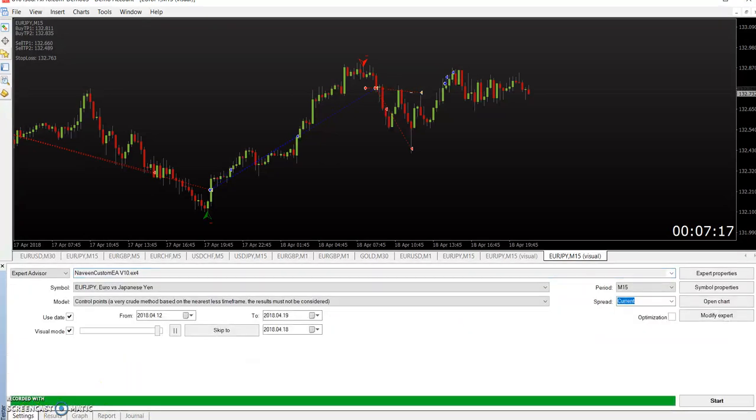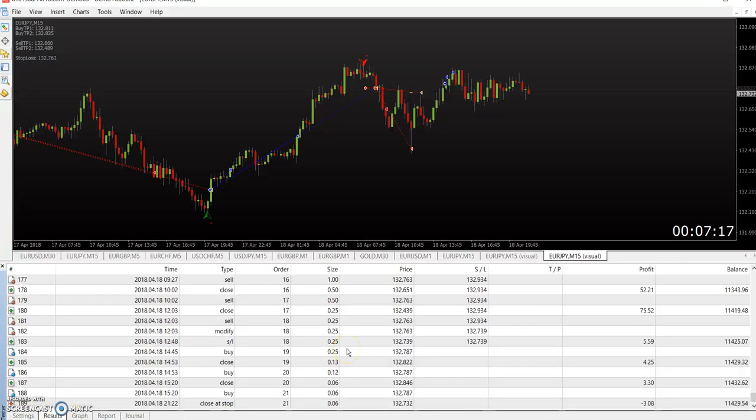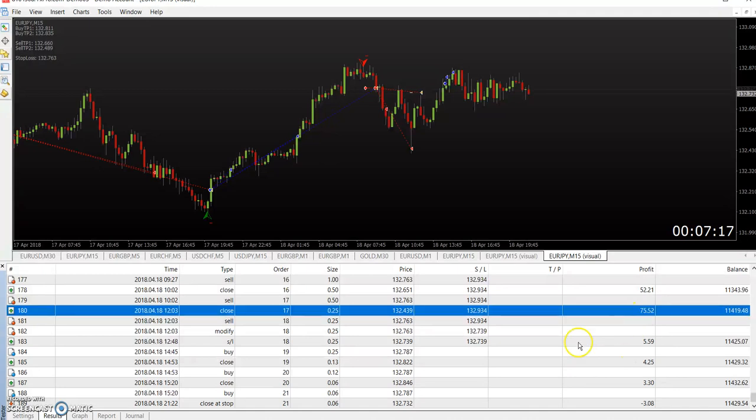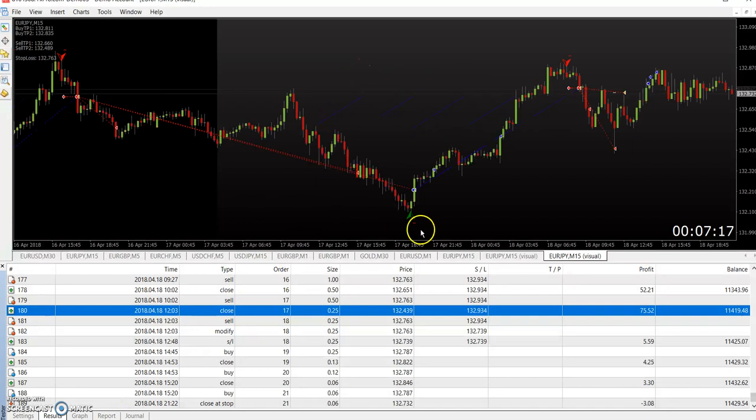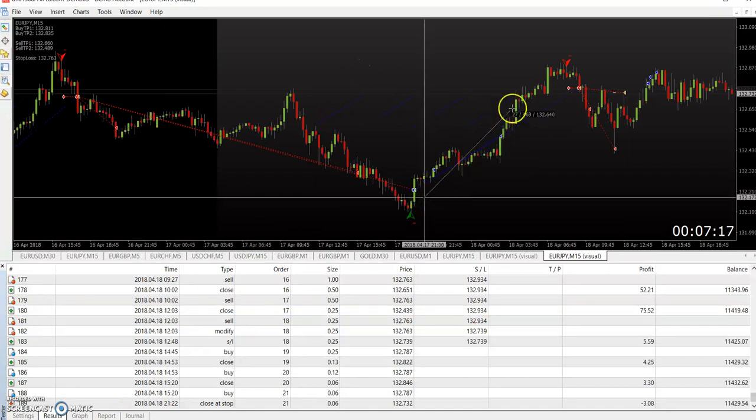So here is the history. 510 is the last trade, so avoid this. This one is our signal trades. So only see what happened from here to here. So nearby here to here